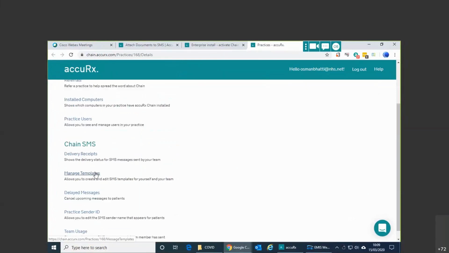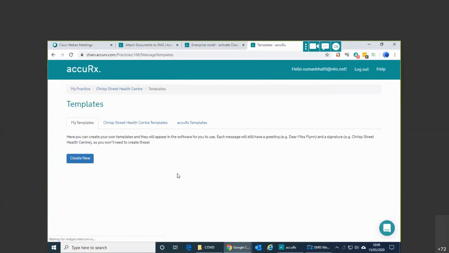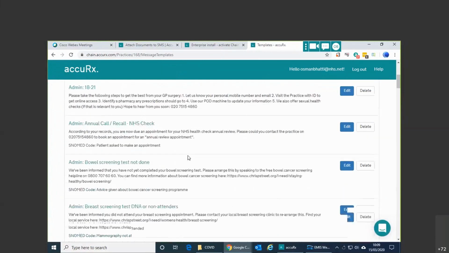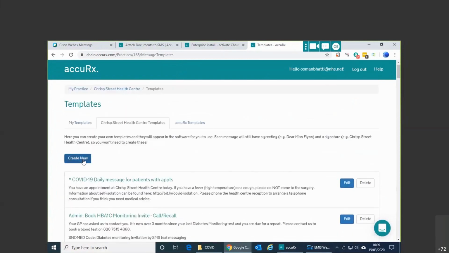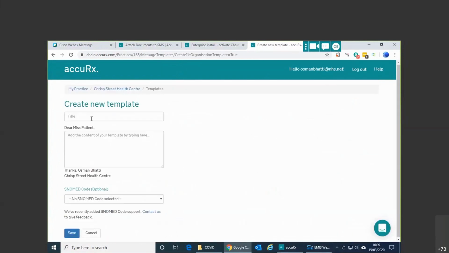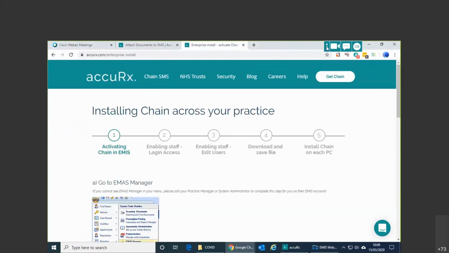So if I click on this box here, you can have a look at your practice templates, and you'll be able to easily edit anything that you've got previously, or you can create a new template. You can give it a title, put down the message, and add a code to the message that auto codes back to your system. So that's a really good tip if you want to create your own templates within AccuRx